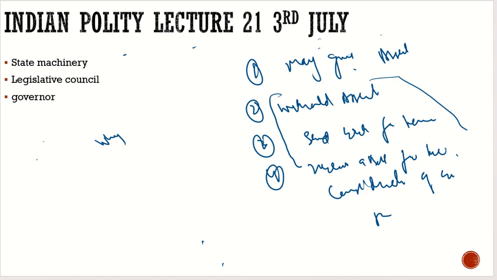For example, we discussed the summoning of the assembly between the Punjab government and their governor. The governor was not summoning the assembly. Why? Because there were a few insulting remarks made by the Punjab CM over the scheme which they had brought in, where 200 teachers were told to go to Singapore, where they will learn the education system in Singapore, and in this way they will implement the same system in Punjab, in India. So the question was asked by the governor to the CM, on what basis you had chosen those 200. The CM replied, on what basis you were chosen to be the governor. On this there was a tussle, and the governor was not agreeing to summon the